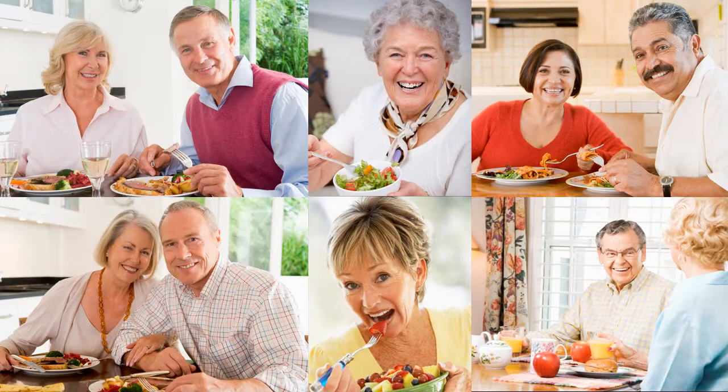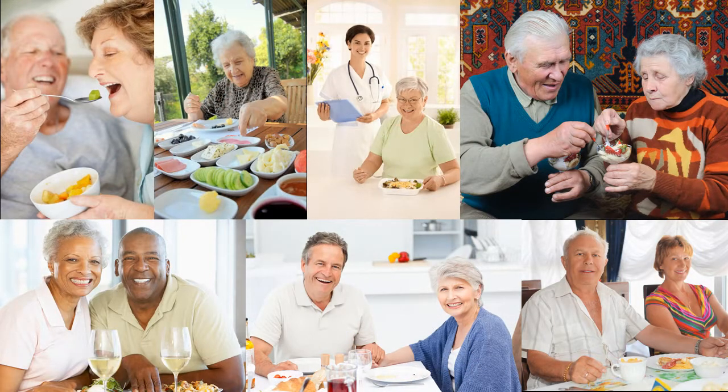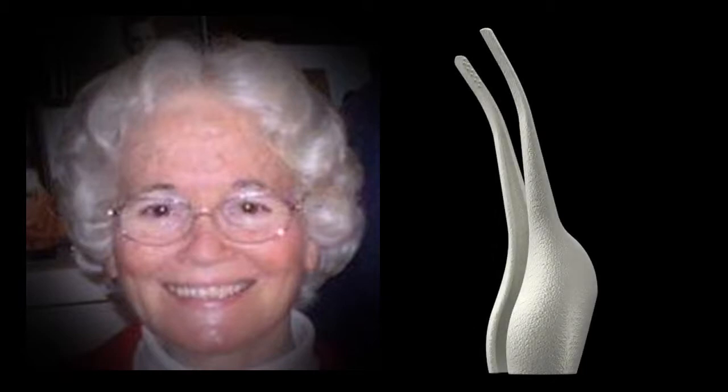The ability to eat is something that most of us take for granted. But in this country alone, over 30 million people have afflictions that make it difficult to eat with conventional utensils. Here is how I helped one of them. After her stroke, my mother had difficulty using a fork and resorted to eating with her fingers. So I developed a utensil that mimics the natural way of eating with your fingers without having your fingers actually